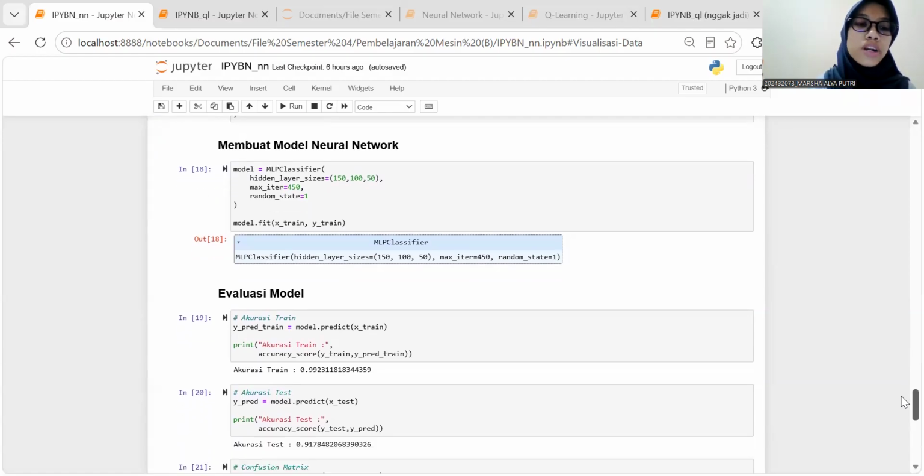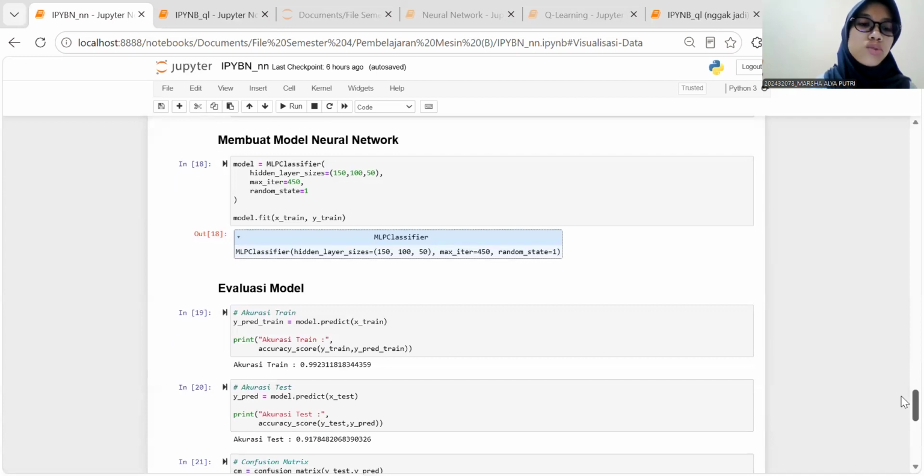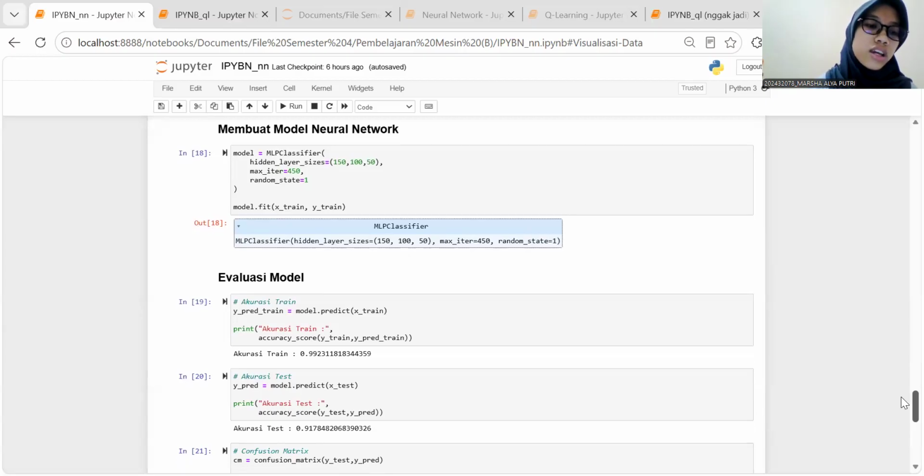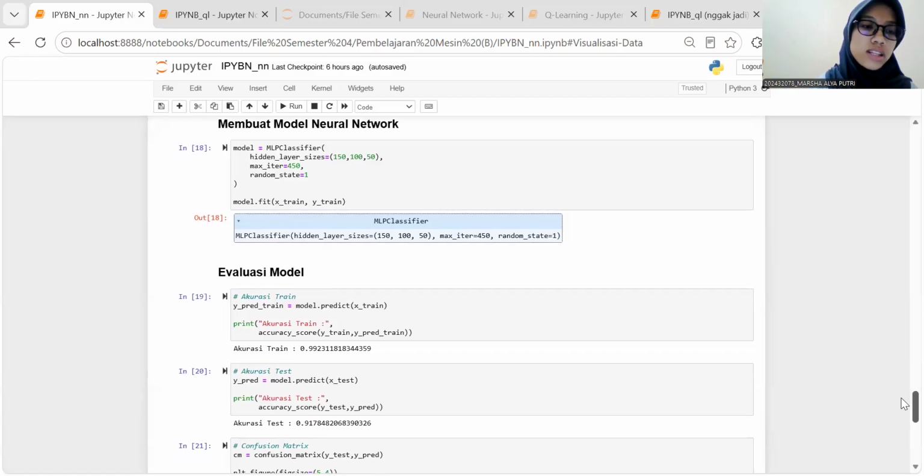Then we train the model using the fit function. During training, the neural network learns the relationships between the input features and target classes.